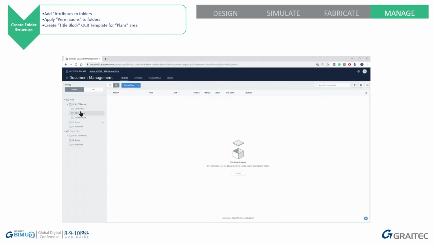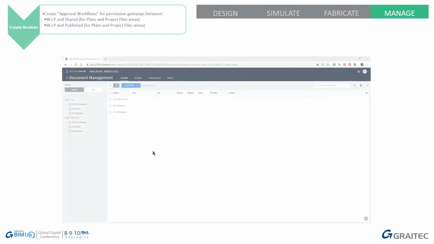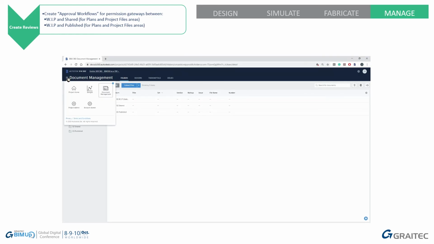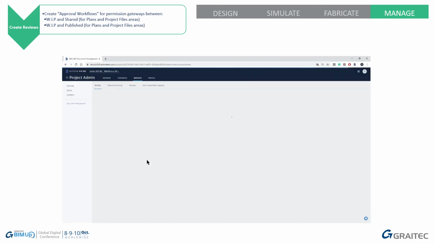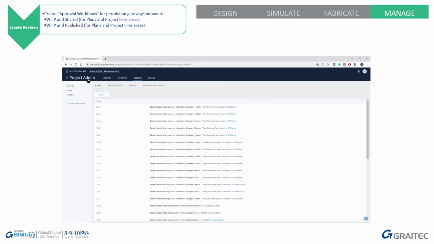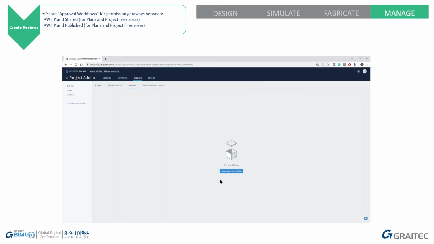But as you can see, that information is in the architectural work in progress gateway. It's not in the shared folder. So we need the workflow created to take our information and approve it from there. Under project admin, we go into here and create our reviews. So create